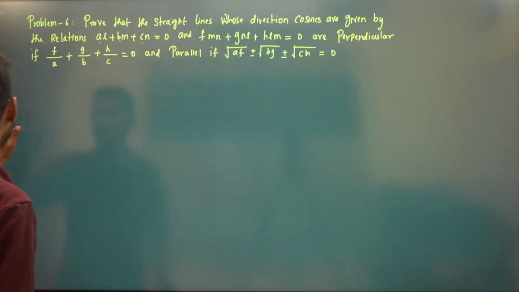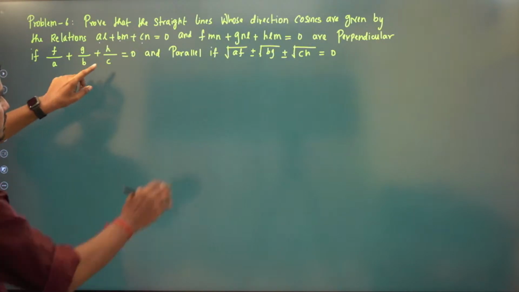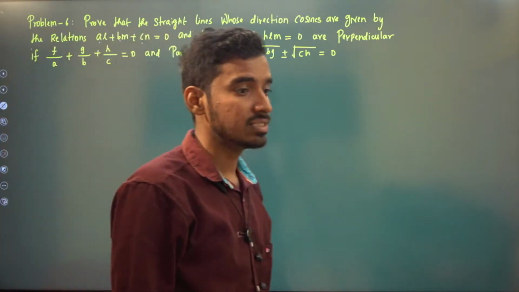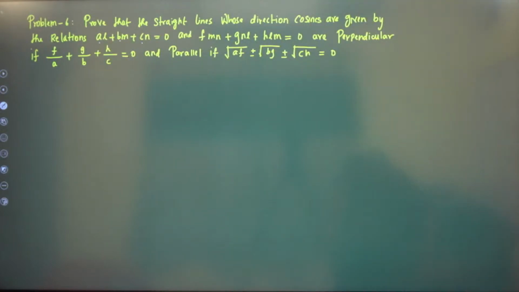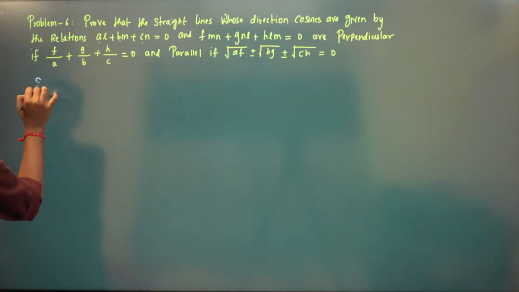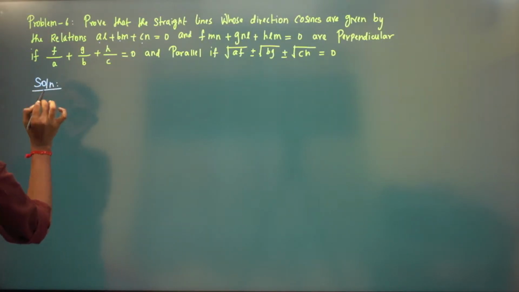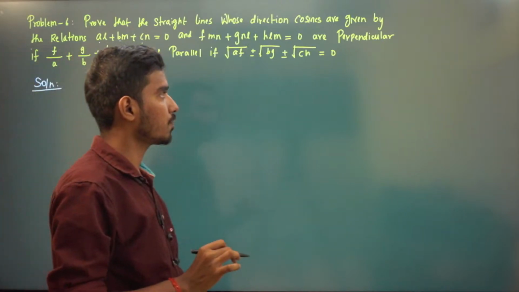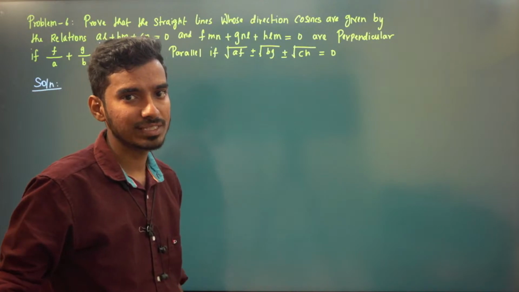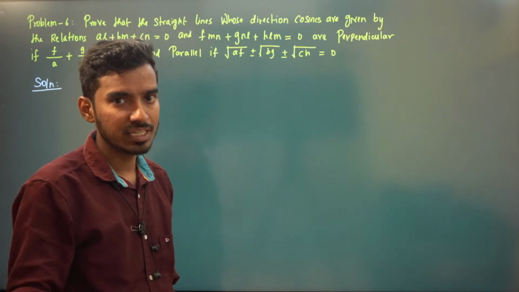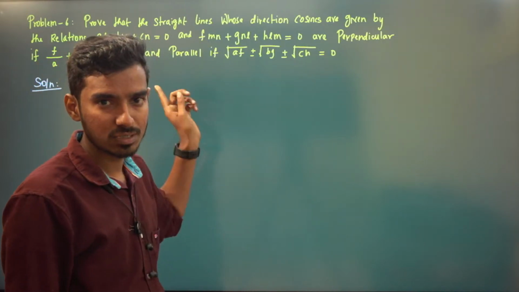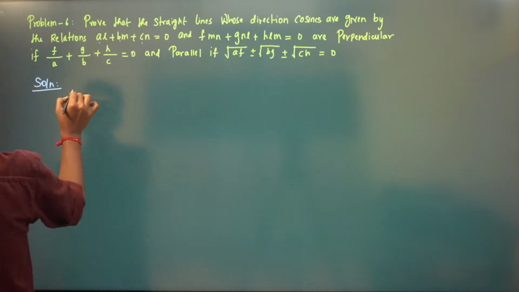So we will first prove that these two lines are perpendicular if this happens, that is F by A plus G by B plus H by C is 0, right? Okay, so first we will prove this. Again we will go for the same method, that is the previous method. L1 L2 plus M1 M2 plus N1 N2, we need to prove this will be 0 if this happens. Okay, so we have first AL